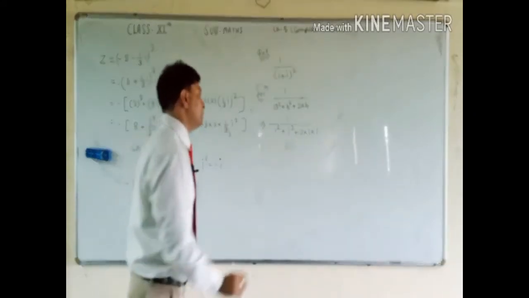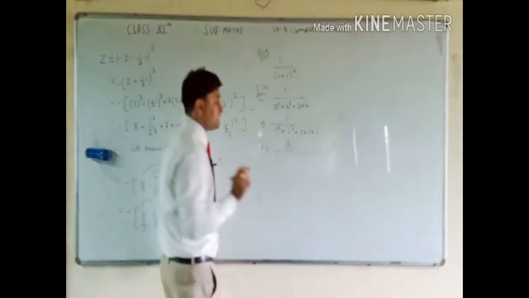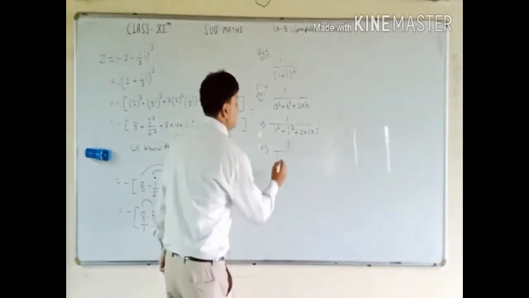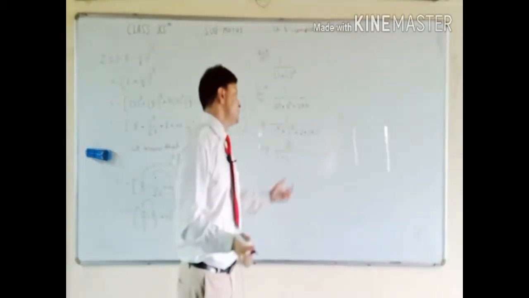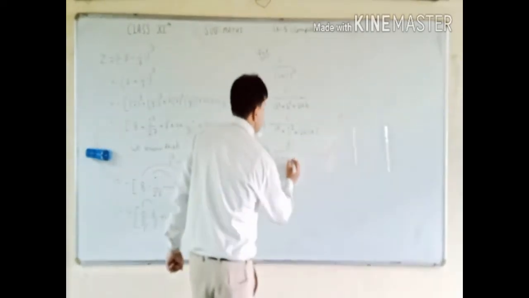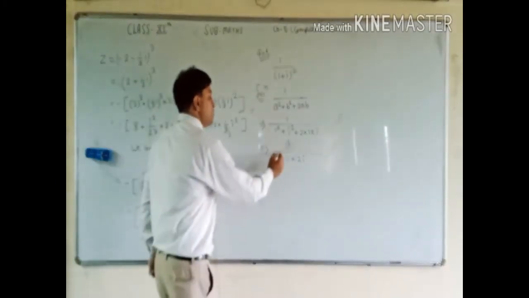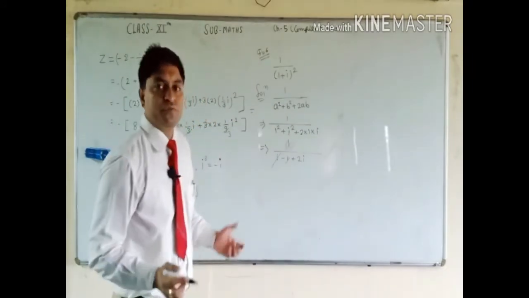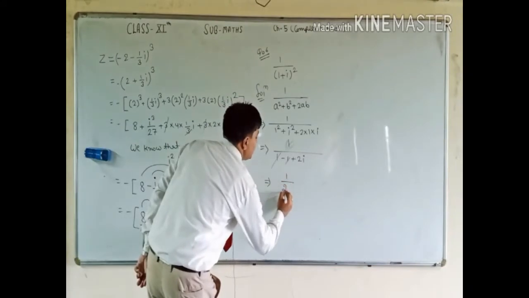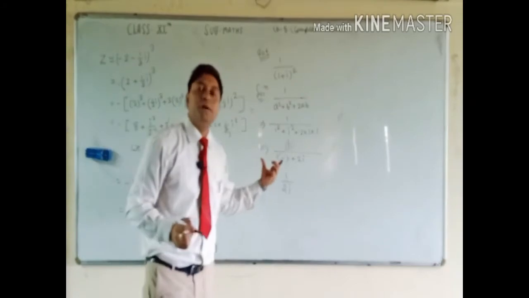Okay students, now 1 square is equal to 1, iota square is equal to minus 1, and in the last this is 2 into 1 into iota is equal to 2 iota. So we know that 1 is cancelled out by 1, so we find only one digit. This is 1 upon 2 iota, but this is not in the form of a plus iota b,